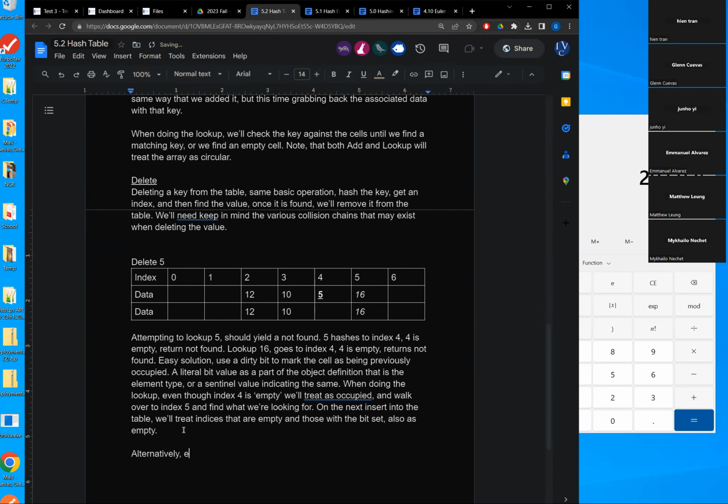Alternatively, we can collapse collision chains by taking a value from the end of the chain and dropping it up front. All right, so in this scenario,